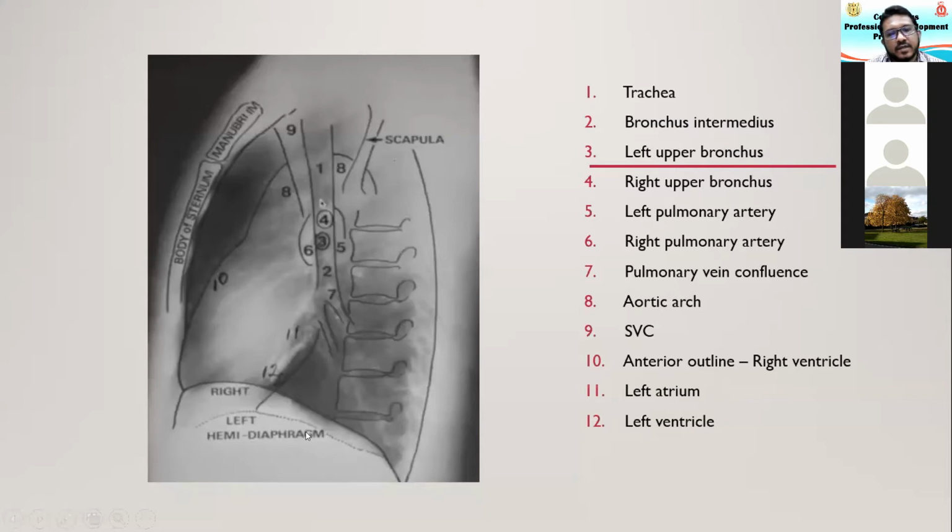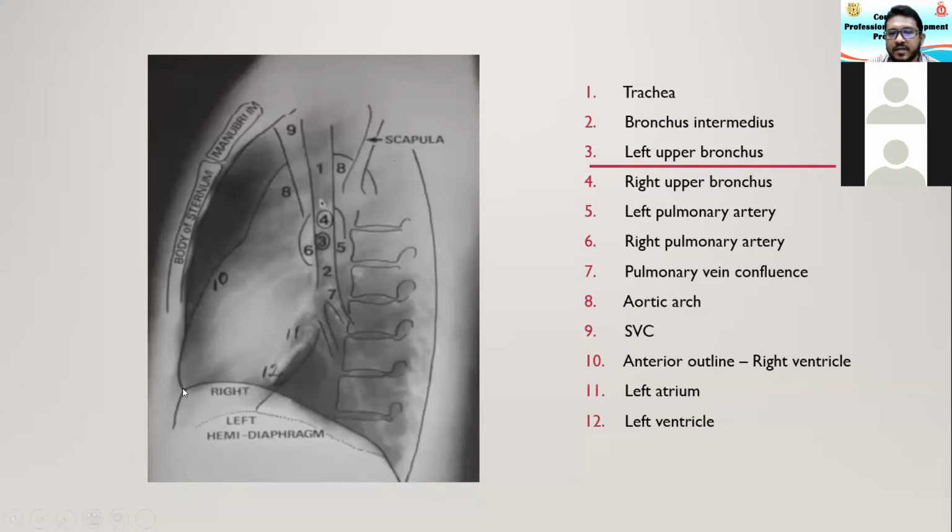And then you have the two diaphragms. How do you identify the two diaphragms? It's quite easy on a lateral film. What you have to do is trace the diaphragmatic outline anteriorly. If the outline goes nicely more anteriorly beyond the heart border,